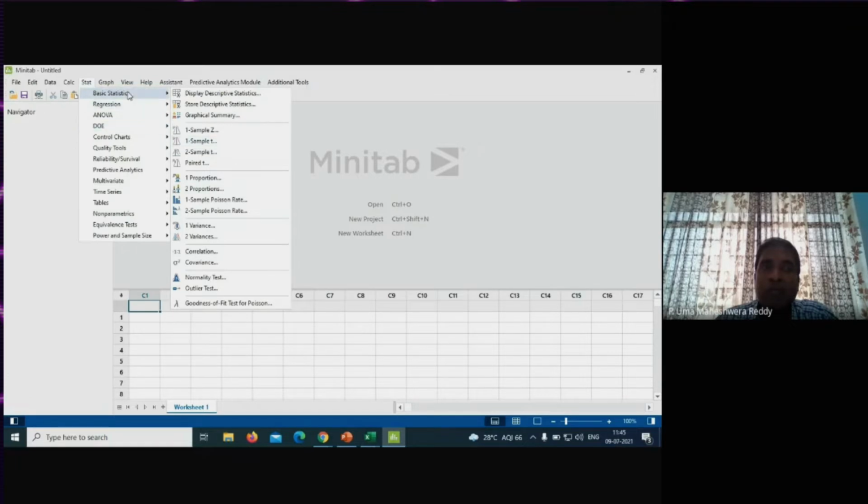So why do you require basic statistics? For example, you have data and somebody is working on a project like wire electrical discharge machining or maybe any additive manufacturing process. In an additive manufacturing process, for example, you take the binder jet or inkjet process, in which you have certain independent input variables like the material flow rate, the gas rate, and the printing speed. These are some important independent input variables.